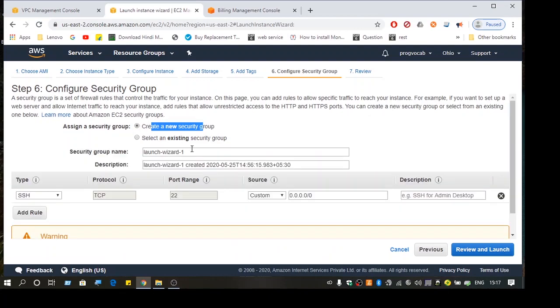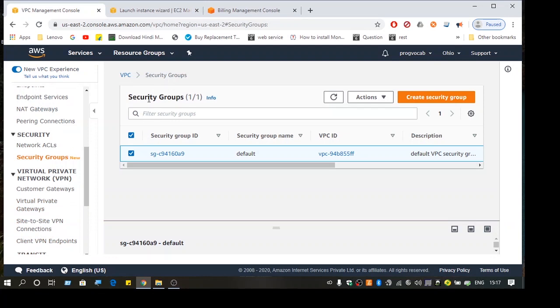That is what it means. There is an option to create a new one, and if you want to have an existing one, you can use it. So this is the existing security group.